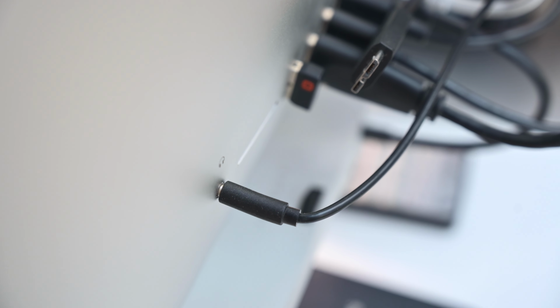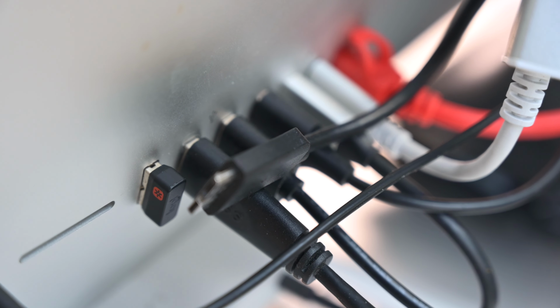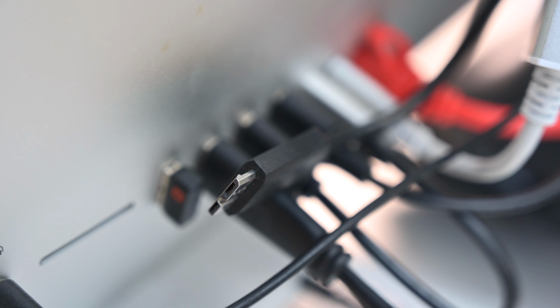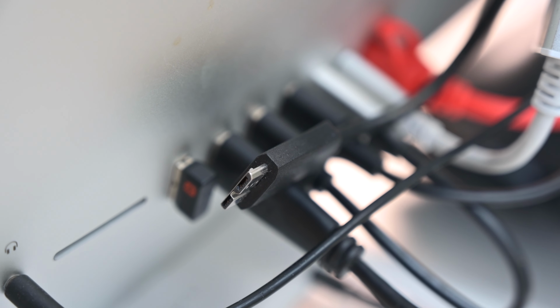Speaking of ports on the iMac, we've got a full house in terms of ports, except maybe for the SD card, of course. From left to right, let's start. We've got the speakers plugged into the iMac's 3.5mm headphone port, one USB 3.0 port with the receiver for my Logitech MX Vertical mouse, the second USB port with an unplugged hard drive cable resting out of the way on the other cables for easy hard drive hot swapping,